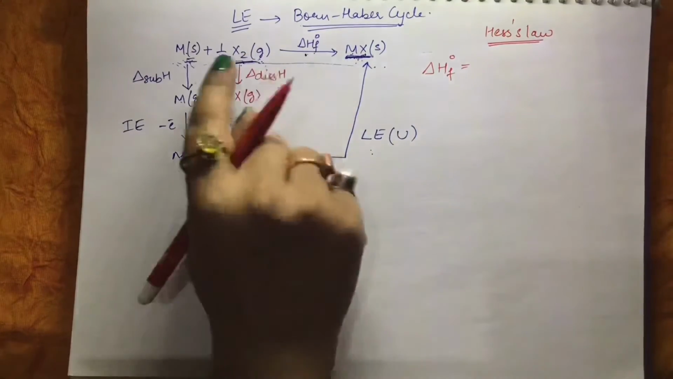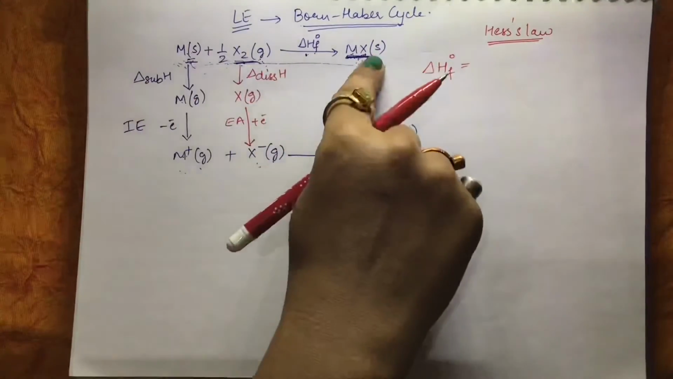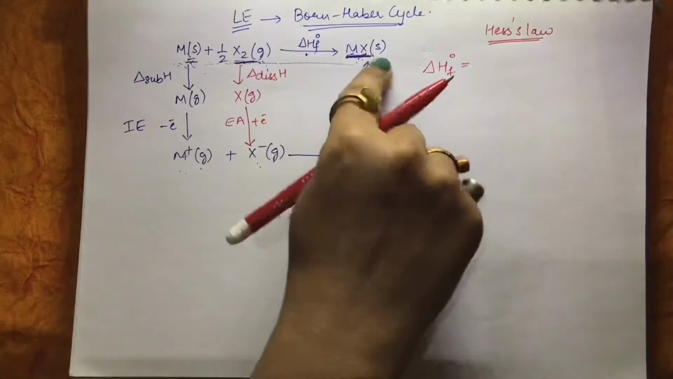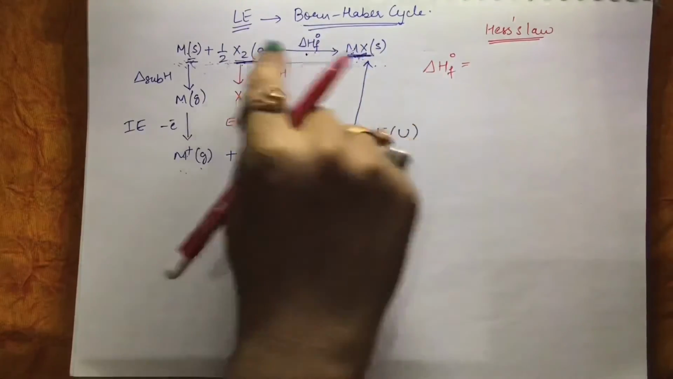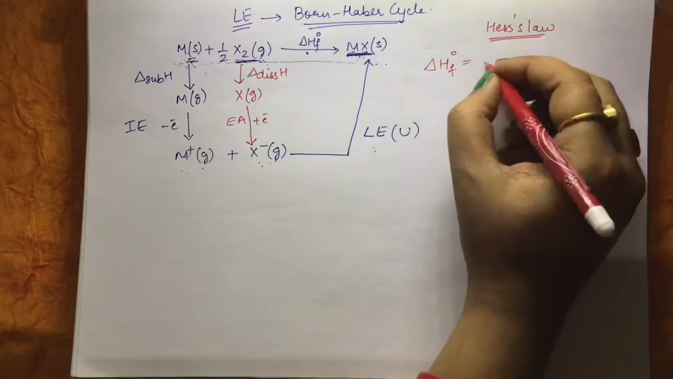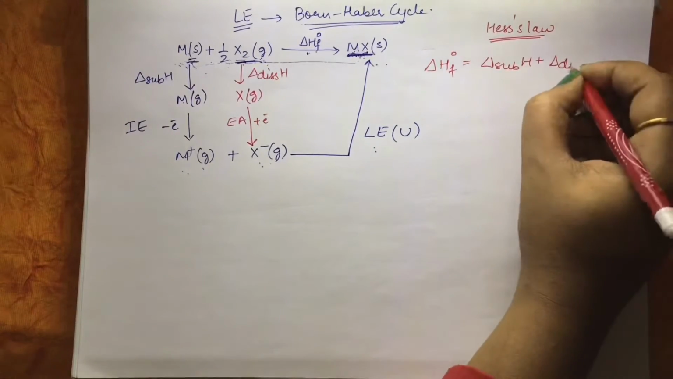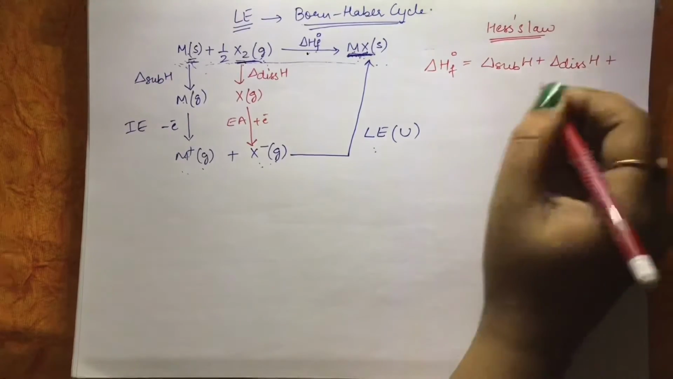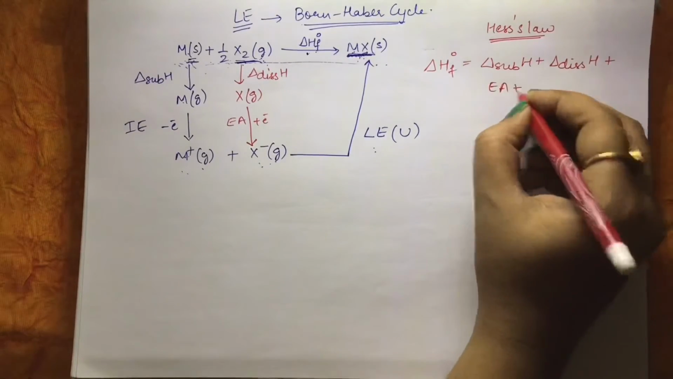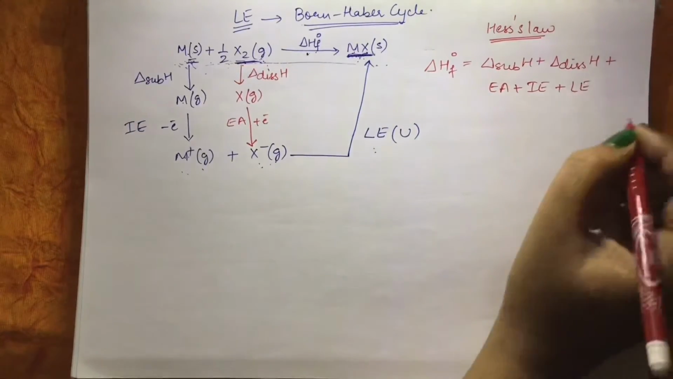इसका मतलब अगर ये चेंज सीधा हो रहा है या घूमकर हो रहा है, दोनों ही रास्तों से जो भी हमारा नेट एनर्जी का चेंज होगा वो बराबर होगा। ΔH of formation will be equal to ΔH of sublimation plus ΔH of dissociation plus electron affinity plus ionization enthalpy plus lattice enthalpy।